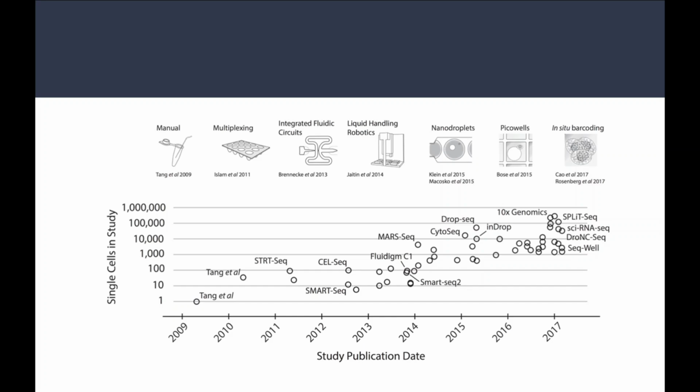The backend of these platforms is that they use different conditions or different ways to capture the single cell and different ways to generate the data. For example, nano droplets in the case of some platforms. Some platforms use integrated fluidic circuits or liquid handling robotics to capture single cells. So there are many different technologies in the backend used by these platforms, and these are the years when they came into the picture. People are using those platforms for analysis, so we have a lot of publications around them.